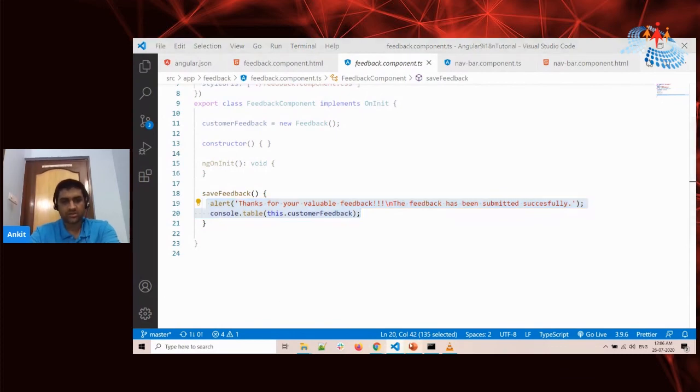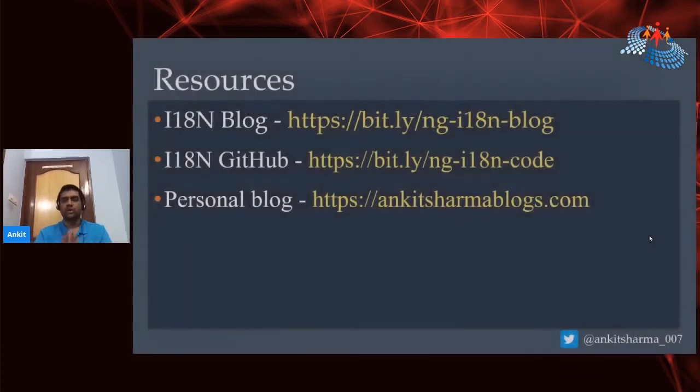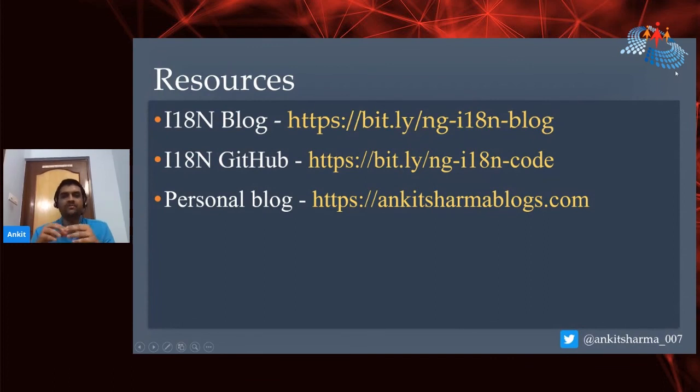At the end, this is the most important slide of this talk. Go and take a screenshot, or I will be sharing these links on Twitter also after this talk, but I request you to take a screenshot. First is a blog. Whatever I have discussed in this talk is written in this blog, with all the links provided to the GitHub code. Here I have also provided the link to the GitHub code, which is the second link. In the blog I have described what i18n attributes are, what internationalization and localization are, how to create this application step by step, and how to deploy on Firebase. Everything is described in this blog.